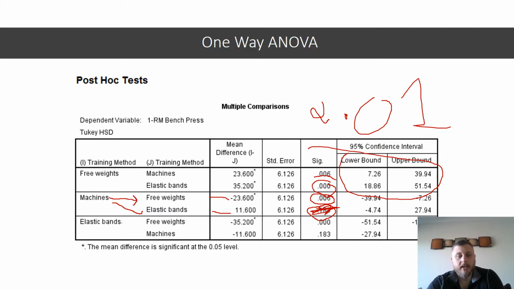Then we look at the elastic bands to free weights. The elastic bands to free weights had a lower mean score of 35.2 points, or however you want to, pounds maybe. Still the standard error applies all across the board, right? This comparison had a significant comparison, which is great, but then again we look at the elastic bands to machines, which